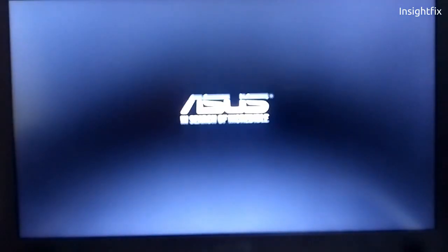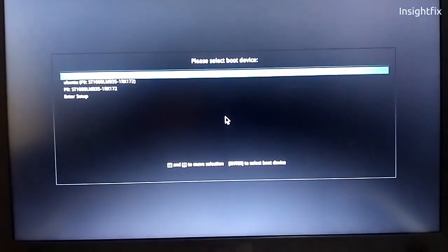Let's restart the system in order to set kernel parameters to our Linux and press escape in order to see a screen like this where you can select boot device. I have installed Ubuntu, so I'm going to select Ubuntu and again press escape. After pressing escape, you will see a screen like this.